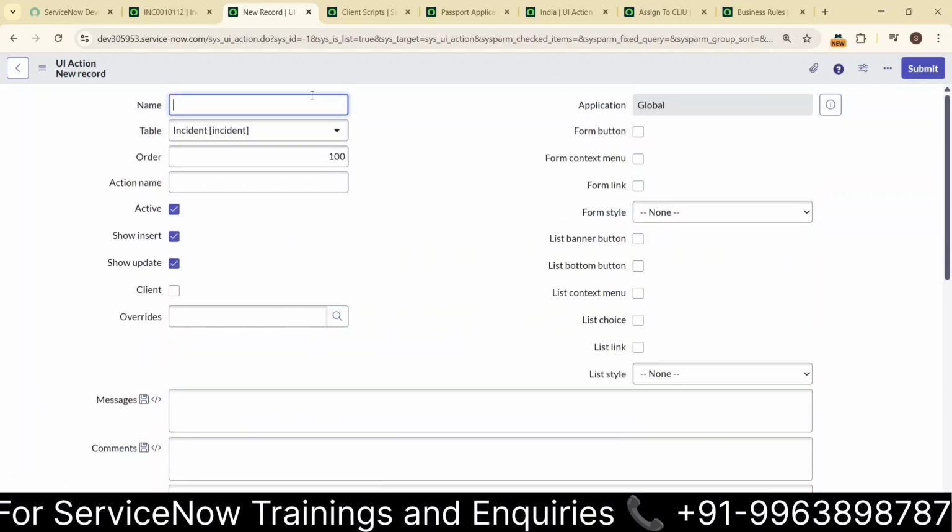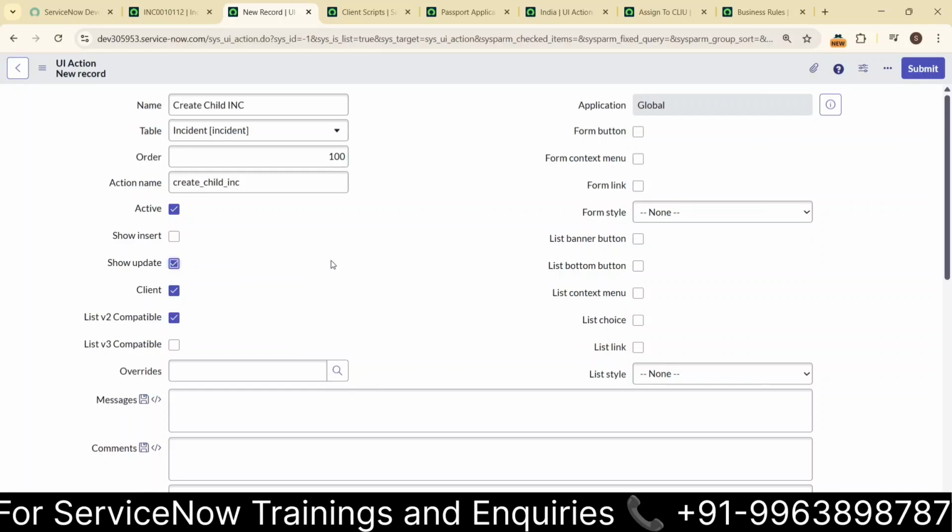Same thing, give the name what they are meant for. Create child INC is my button name, and the action name goes for the same thing: create_child_INC. Go for client also, because I need to mention it on the client. Don't show this when inserting records, only for updation records, not for new records, because a new record doesn't have any child records. It should display only for updating records. Go for client callable also, because we are displaying this on the client side,